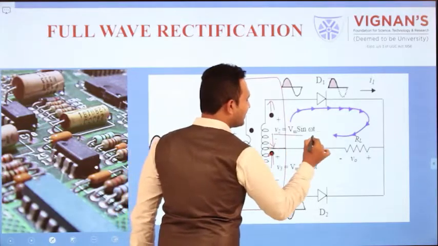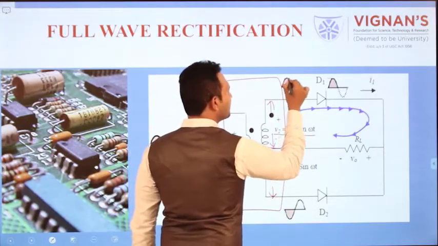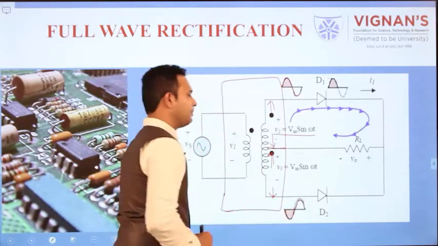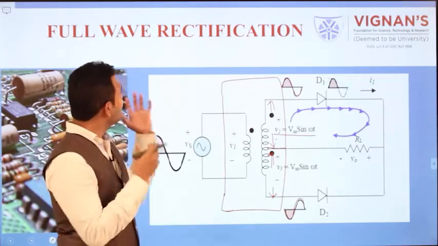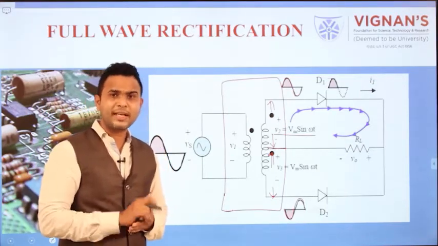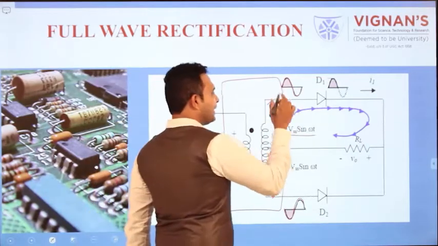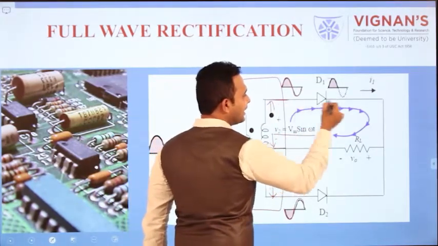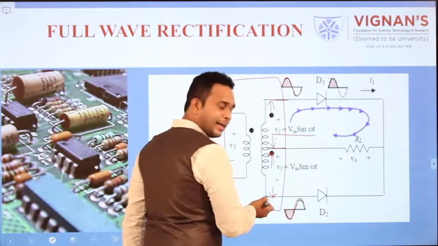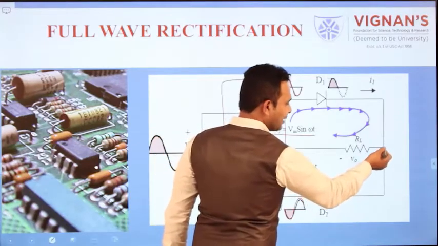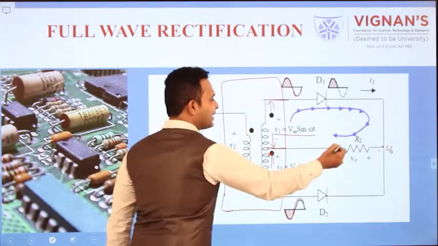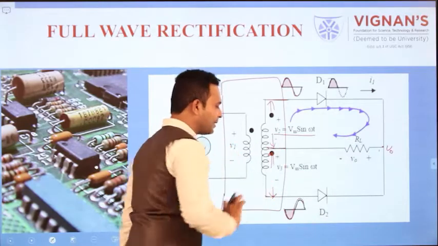Already we named it as the sine wave. Here we get the positive to negative wave, and here we get the negative to positive wave. In the full wave rectifier we use two diodes, whereas in the half wave rectifier we use only a single diode. The first diode's anode is connected here, and its cathode is connected to the load resistor. Here also the anode is connected to one end of the transformer and the cathode is connected to the load. Here we take the output. This is the middle terminal, which we connect to the ground.